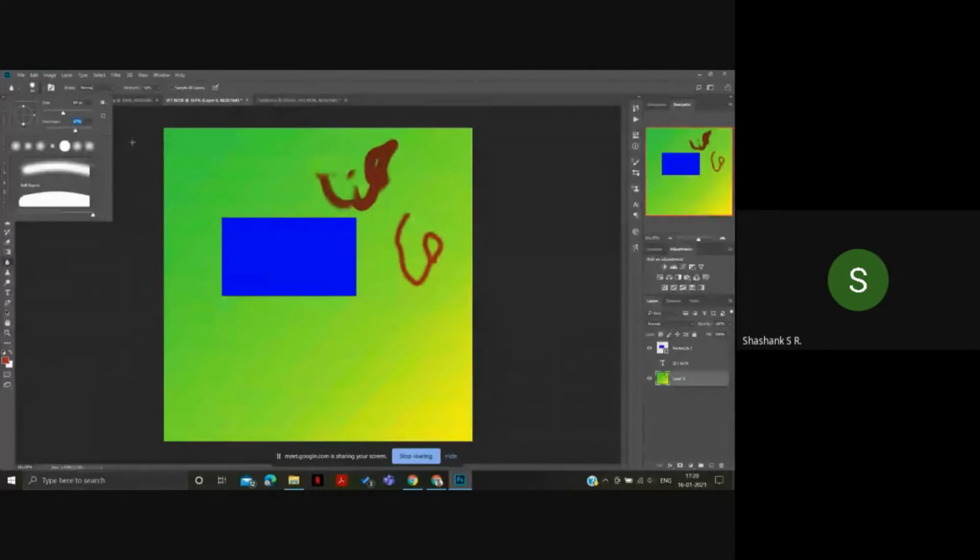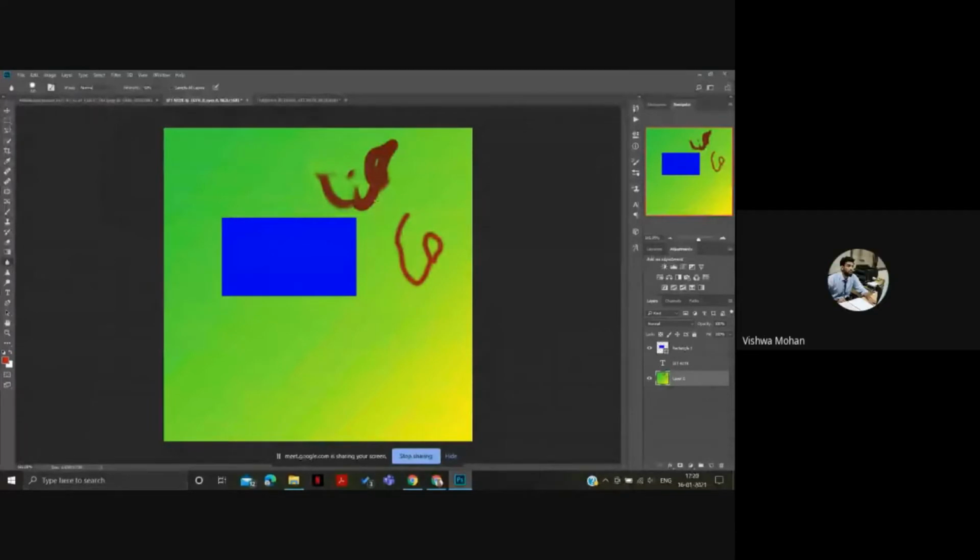So just increase the hardness over here, and then the size, as much as you want. So I guess it's blurring. Is it visible? Yeah, it's blurred. I can see that it's blurred. So this was using the blur tool, not the merge tool. It got blurred. Can you try doing that with this blue one as well? It's the foreground.